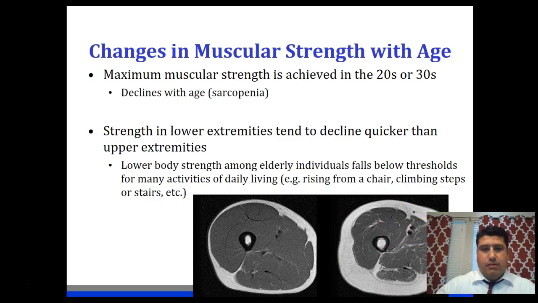Okay. So this becomes especially important, and again, you're talking about people that you'd be working with. It's going to be hard for them to perform any type of activities that require them to use muscular strength in their legs. You can see rising from a chair, climbing stairs, etc. So, again, it's important to understand what's going on. Whenever you start working with people, you're like, okay, this person has been suffering from sarcopenia, or it doesn't seem like they've been working out for the last 20 years or so. So I have to rearrange my training schedule in order to accommodate their ability.